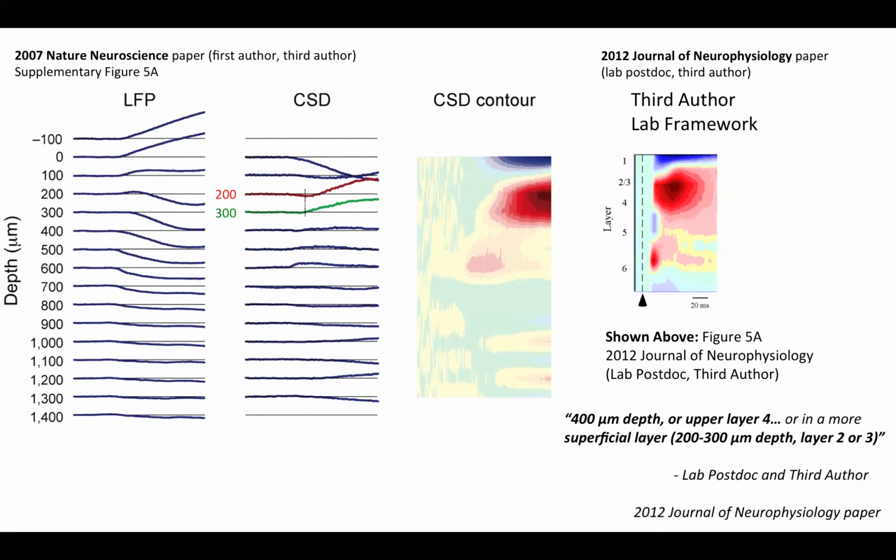And another disturbing thing is that in the same 2012 Journal of Neurophysiology paper, they make it clear that they're entirely aware of the cortical depths. They even mention that upper layer 4 is at a depth of 400 microns, which is correct, actually. And they mention that layer 2/3 is at a depth of 200 to 300 microns. So they know that this is layer 2/3. They're entirely aware of that. And yet in this 2011 Journal of Neuroscience paper, they don't communicate that to the readers, editors, or reviewers.